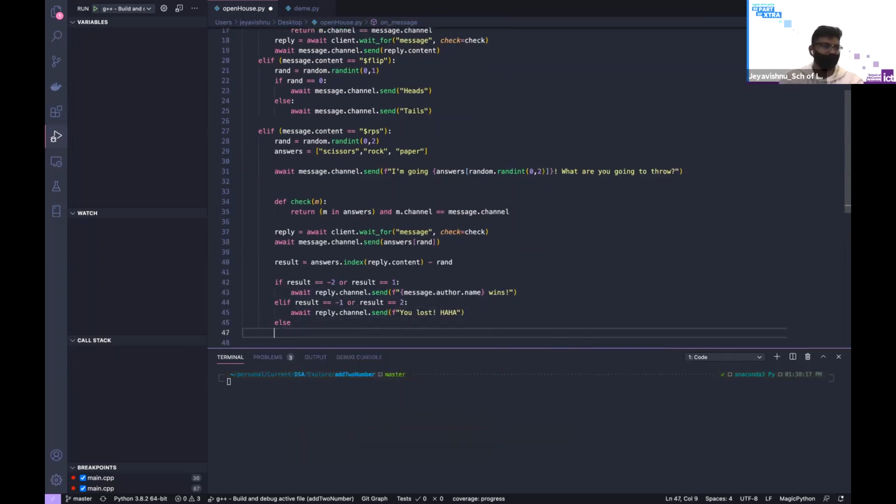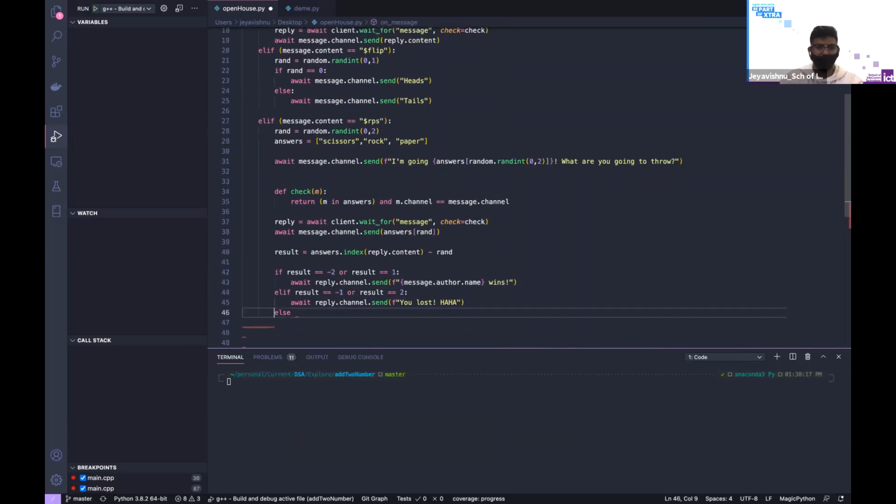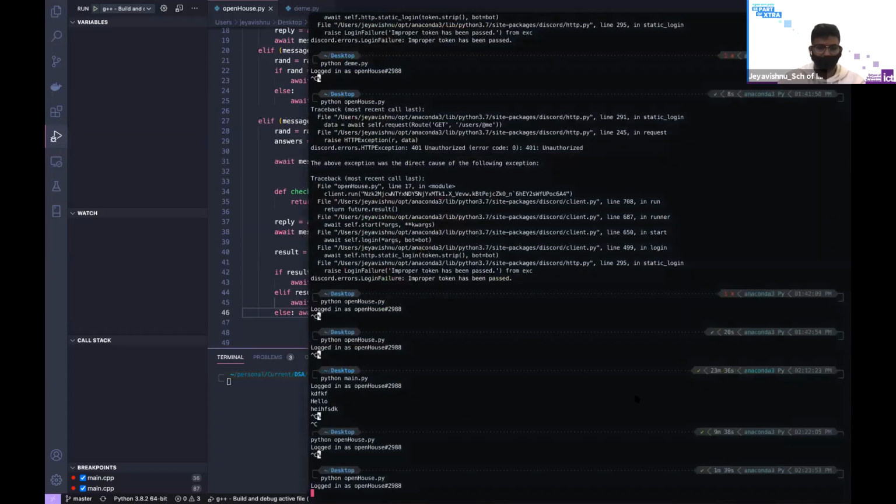And the last one, which will be a draw, we can also copy this code and say it's a tie. Since we already covered all the possible scenarios, what we can do is